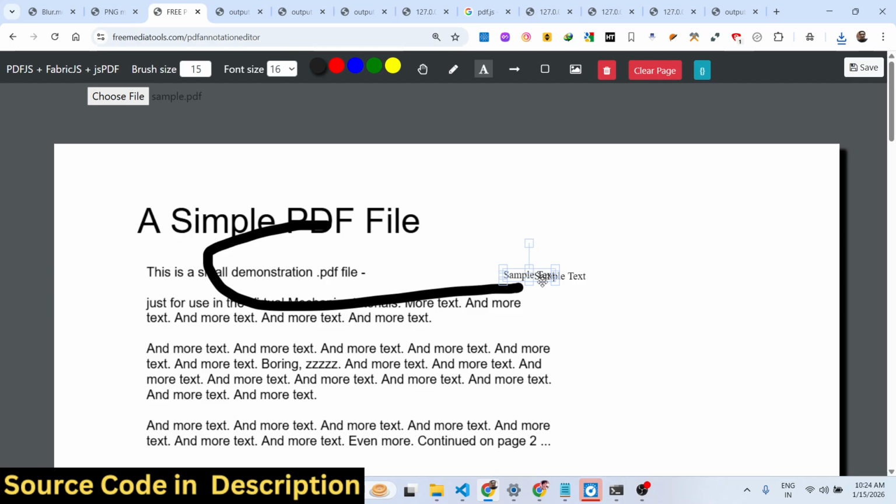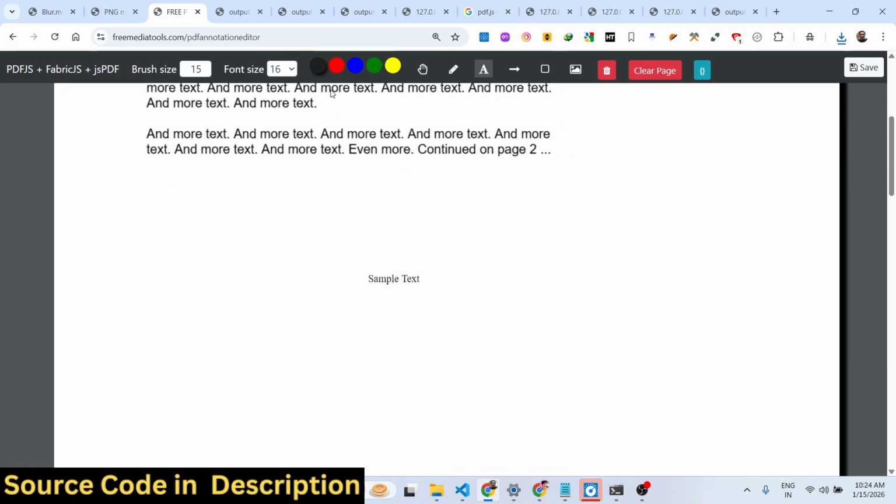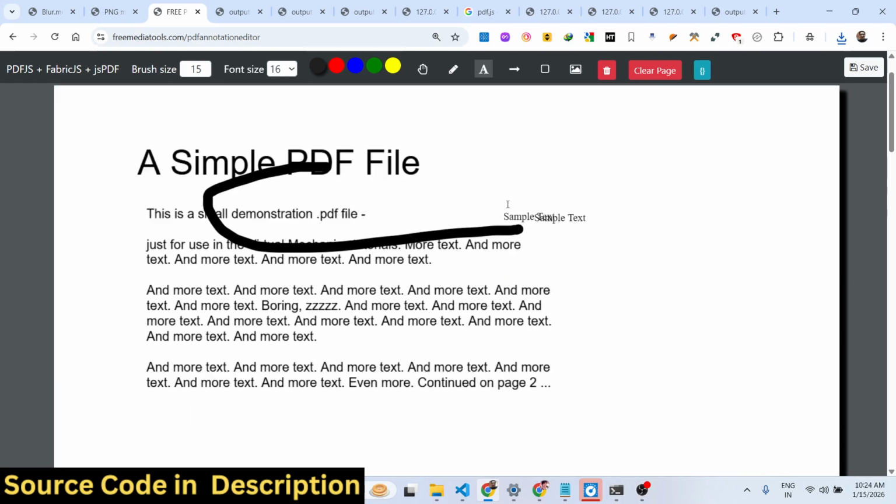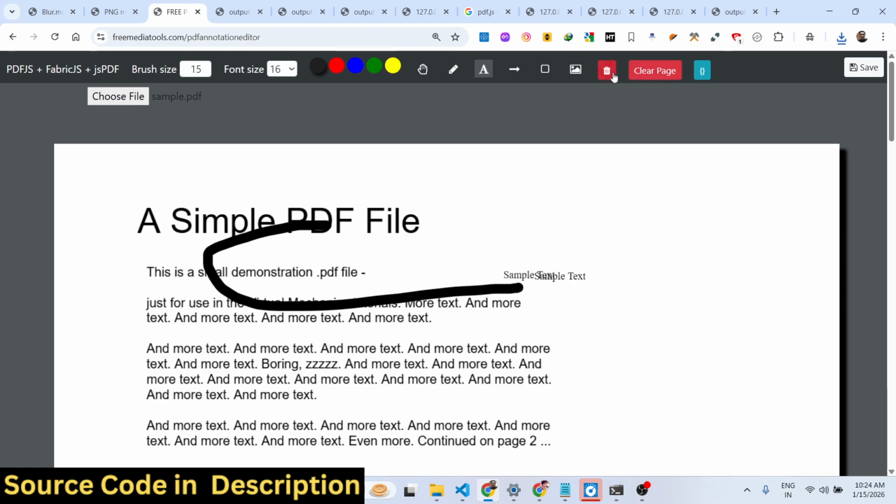We also have the ability to add text: just click wherever you need to add it. You can also delete anything by clicking the delete button. So this will delete